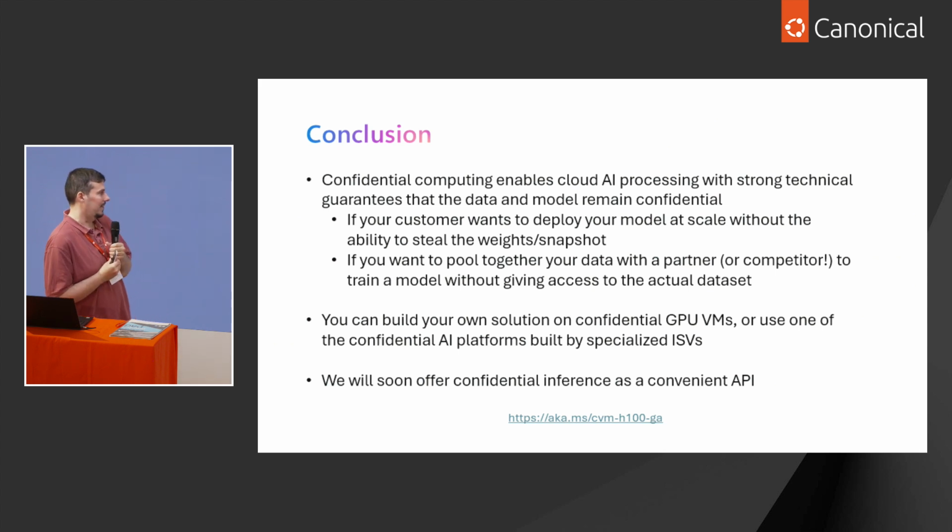So the takeaway is that we want to change the way that we think about privacy, right? Today, when you use the Azure AI services, privacy is a policy. We have a privacy policy, which tells you that we don't use this data for this and this. But obviously, you have all of these management code insiders that technically can gain access to the data. And with confidential computing, we replace these policy-based guarantees with technical, cryptographic-based guarantees. So that's the core novelty of the technology. And I'll hand it back to Ilya for